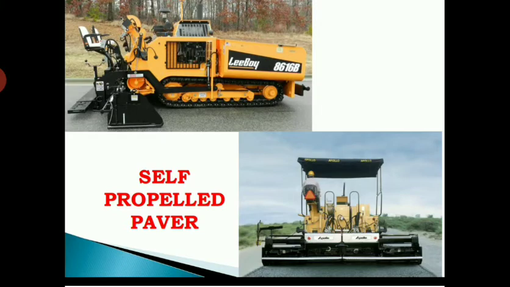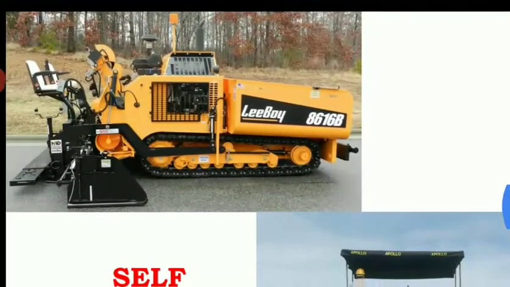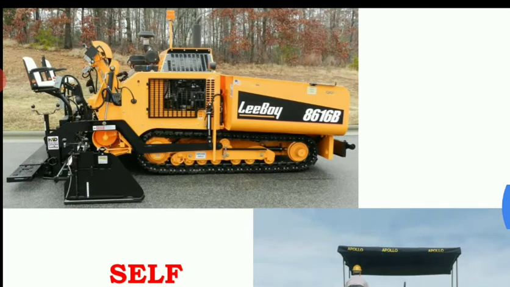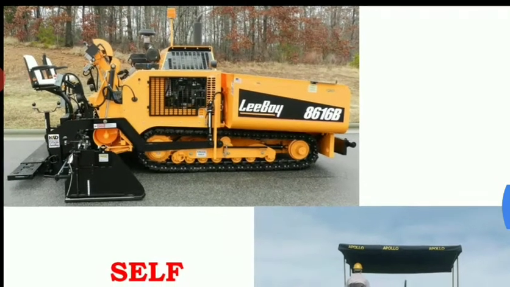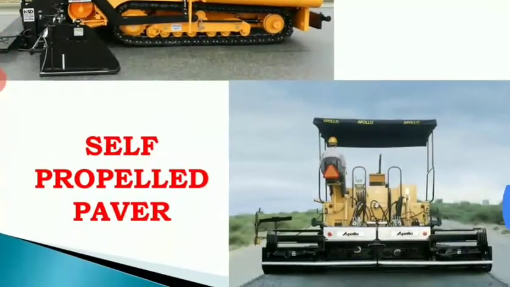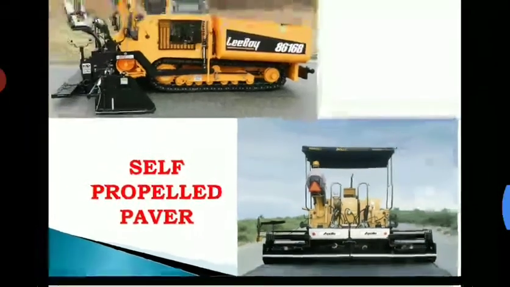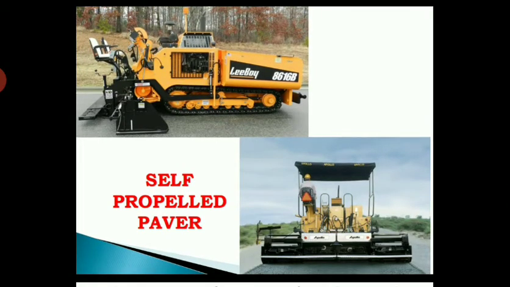Okay, and here by using these machines, the bitumen has to be laid on the existing surface, and then that bituminous mix is going to be spread in an equal width as well as a uniform thickness. And in restricted areas and narrow widths, manual laying of the mix or mechanical pavers are used, right? In some cases, we can't use the self-propelled paver in a congested area, so in those cases we can use manual laying of mix or mechanical pavers.